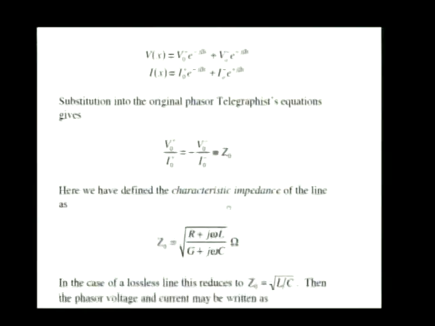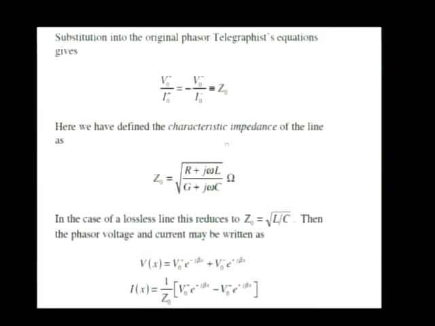Z0 is a very important constant. We'll be seeing Z0 appearing over and over again. We give it the name characteristic impedance. That is the characteristic impedance that you often hear talked about with regard to transmission lines. In general, for the lossy line, from the original telegraphist's equation, you can find Z0 is equal to the square root of (R plus j omega L) over (G plus j omega C). For the lossless line, easy enough, set R and G equal to 0